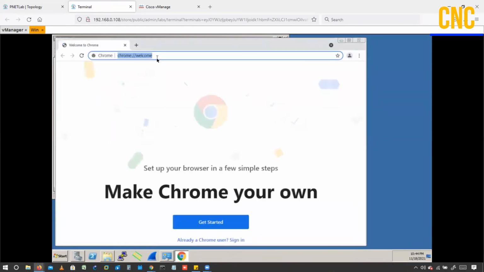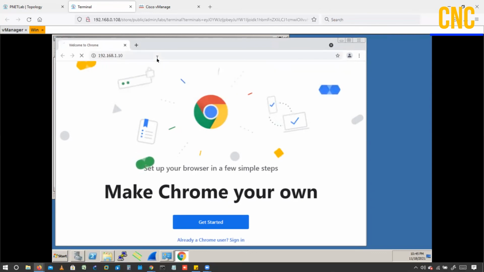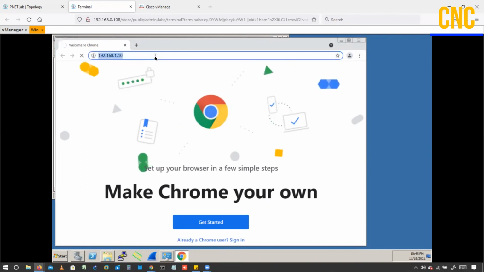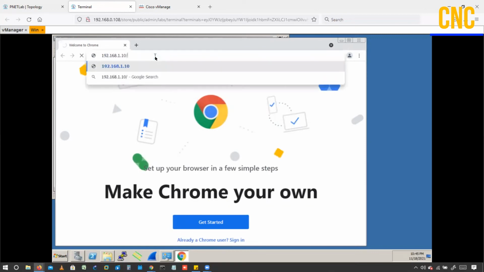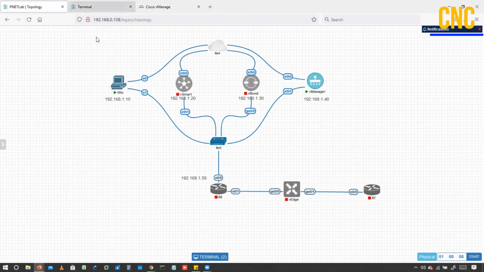So this device has IP address 192.168.1.10. We have to take the web access of this root certificate. Okay, so slash certsrv. This is this IP address. Perfect.